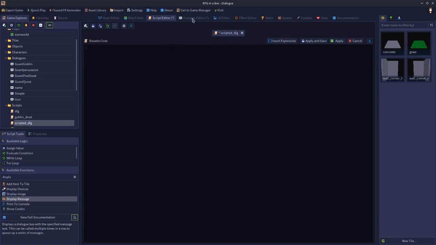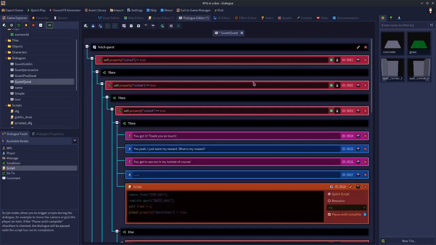So now a few things to bear in mind. Let's go through them now, because I haven't covered everything yet that we've covered in this series, so I do want to cover everything. So a few things to note. First of all, when it comes to these properties, like self-property visited equals true, one difference between the dialogue editor